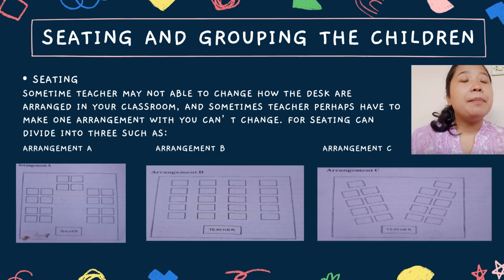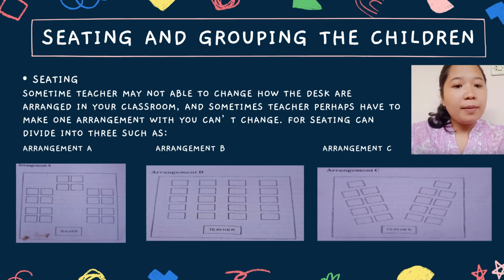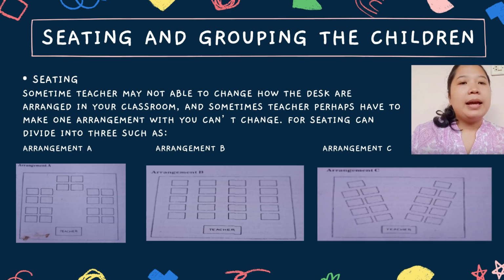Seating. Sometimes teachers may not be able to change how the desks are arranged in the classroom, and sometimes teachers perhaps have to make an arrangement that you can change. And in seating, there are three types. The first one is arrangement A. In arrangement A, the teacher can teach the whole class,